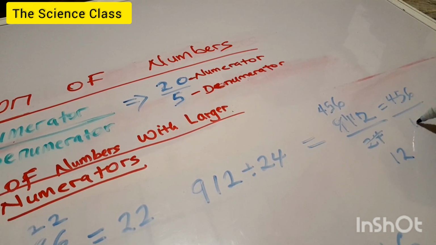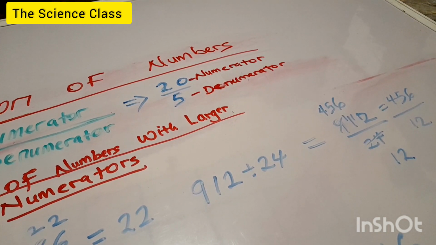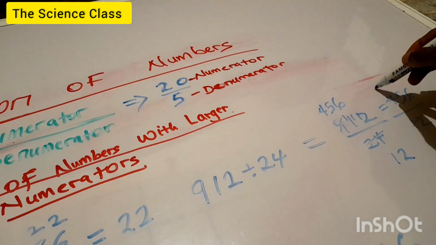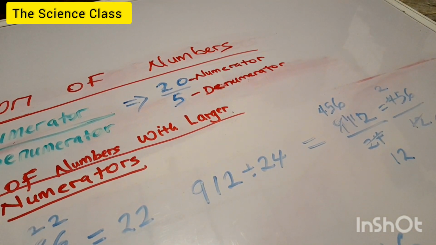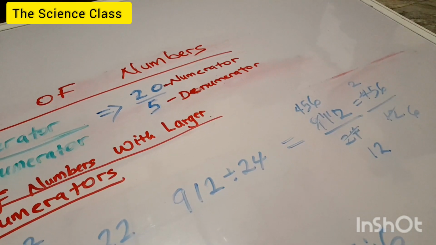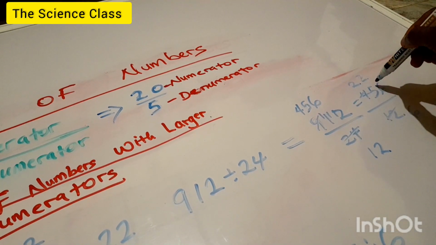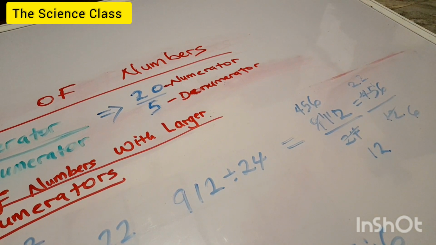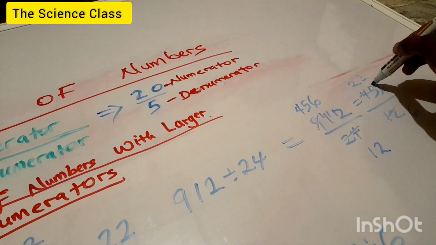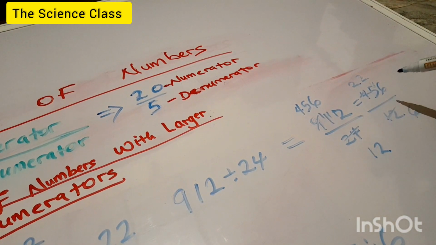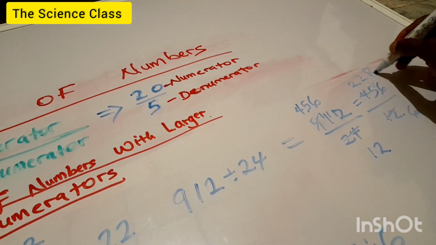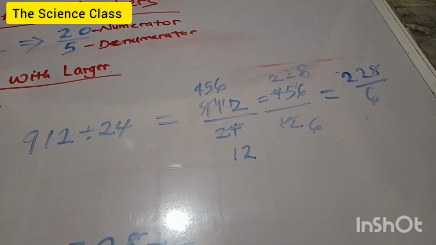456 divided by 12. All right. We can also again divide it like this. 2 here in 6, 2 in 12, 6. 2 in 4, 2, remainder nothing. 2 in 5, 2, remainder 1. 2 in 16, that 1 that is remaining, you add it to this 6 here, making 16. 2 in 16, that is 8. That is 228. So